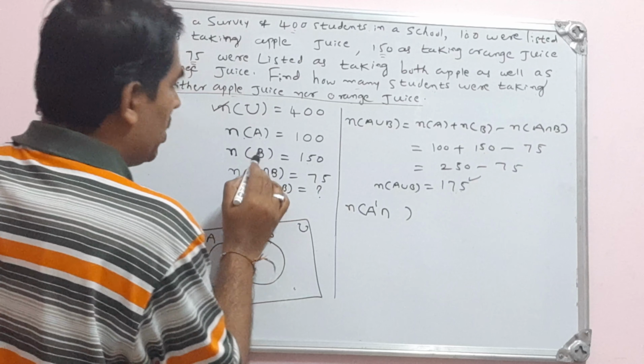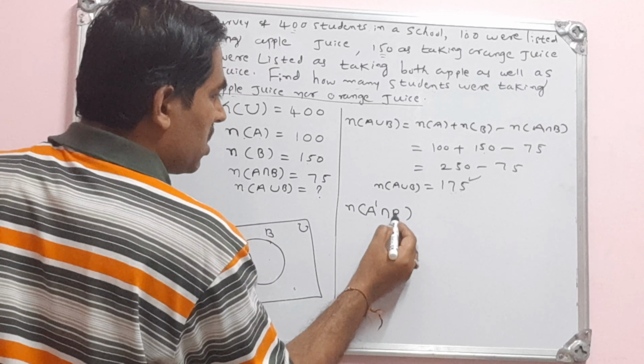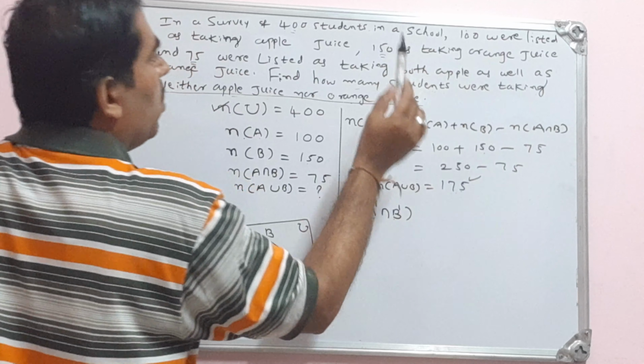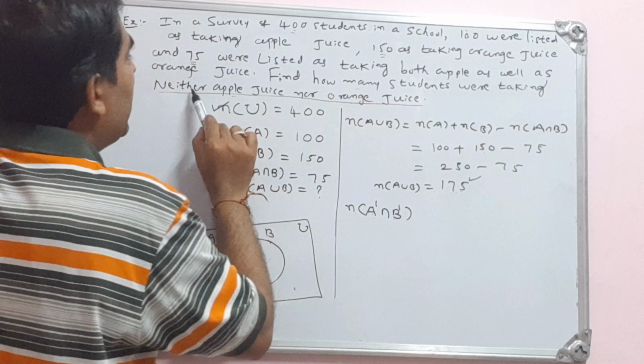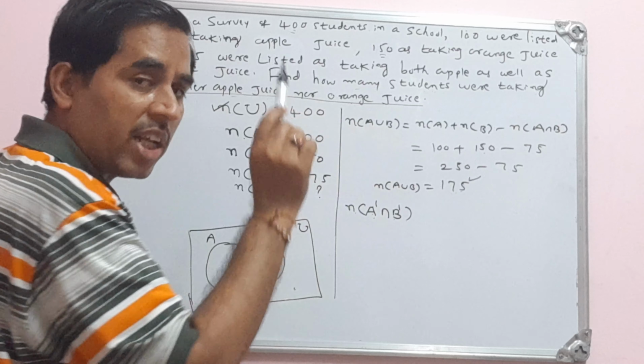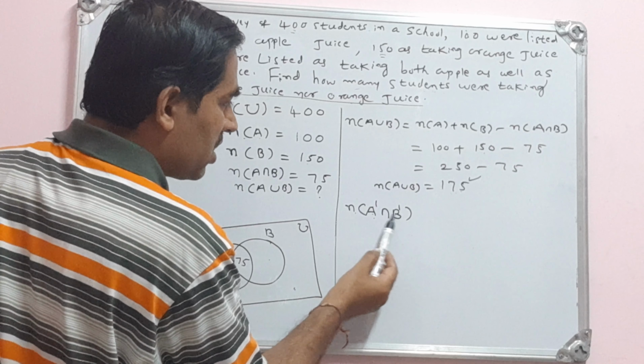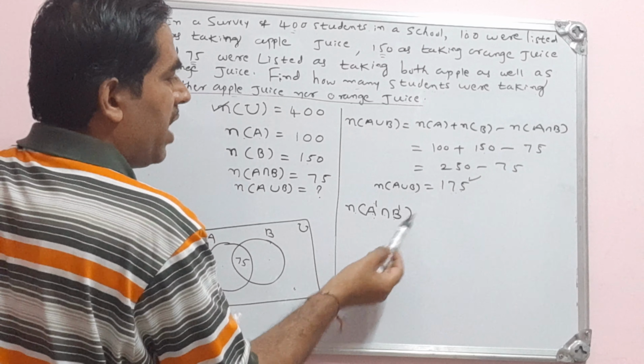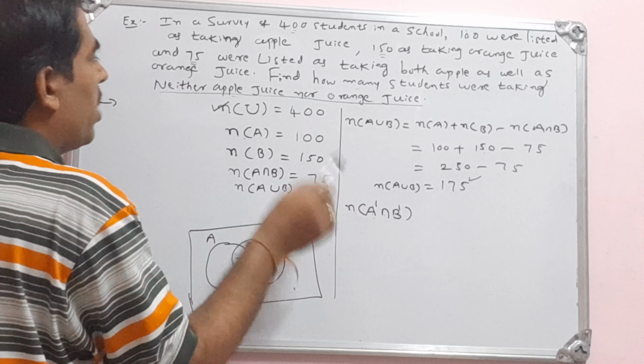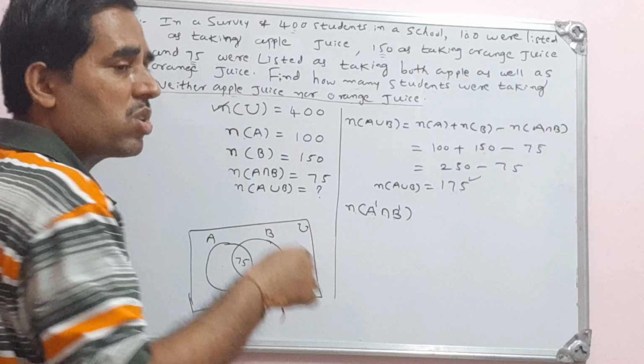So A dash intersection, they don't like this juice also, that is B dash. I want the number N of A dash intersection B dash. I have written it symbolically. A dash intersection B dash is nothing but students who were taking neither apple juice nor orange juice. That's written in words. A dash intersection B dash gives me the number of students who like neither apple juice nor orange juice,